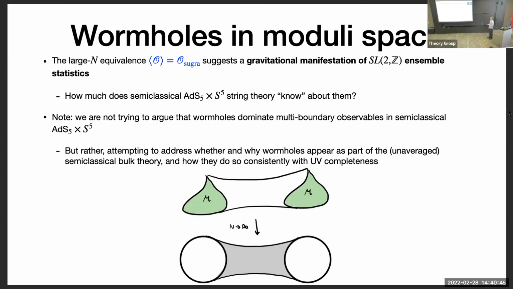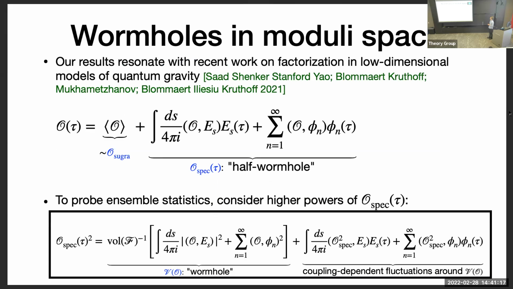So this large N equivalence between the average and the supergravity value suggests a gravitational manifestation of these ensemble statistics. And the question we want to know is how much does semi-classical AdS5 times S5 really know about those ensemble statistics? So here we have this cartoon where we have two abstract depictions of the moduli space. We're looking at the variance, which correlates the two copies. And we're asking if there's a sense in which at large N, this cartoon is geometrized into a space-time wormhole. So the short answer is we don't know, but there are some suggestive equations you can write that